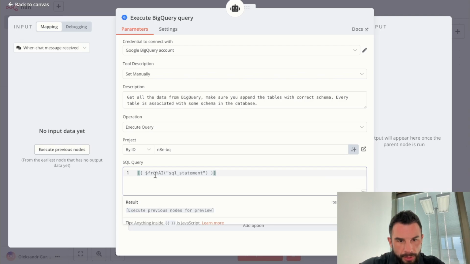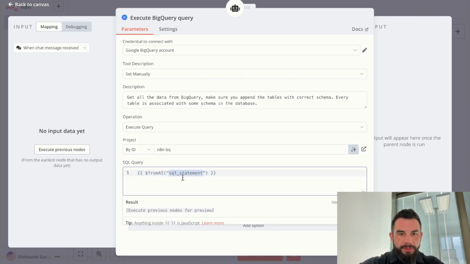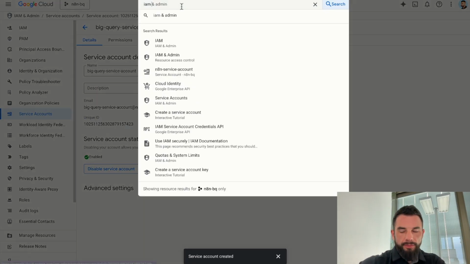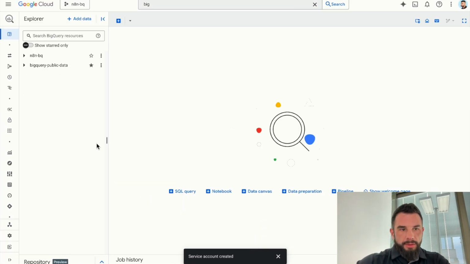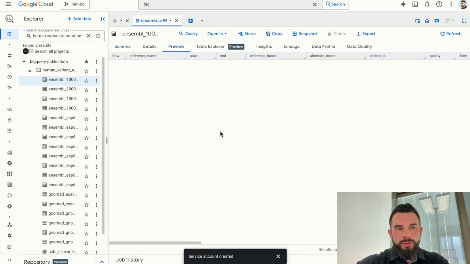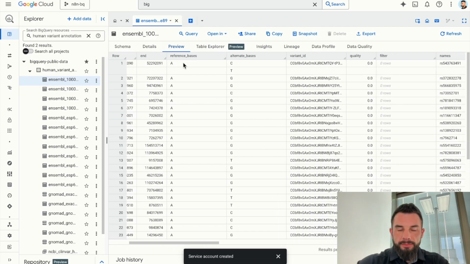One more thing, we need to add SQL. Our SQL query is a result retrieved from the AI, a SQL statement, so it will be a SQL query generated by AI. Now let's check our datasets in BigQuery. For this, we need to input BigQuery in our search account, look for human variant annotation. We can ask for a preview to more or less understand what kind of data is here. ID of a chromosome, start and end numbers of a sequence, reference bases, so the one in a basic genome